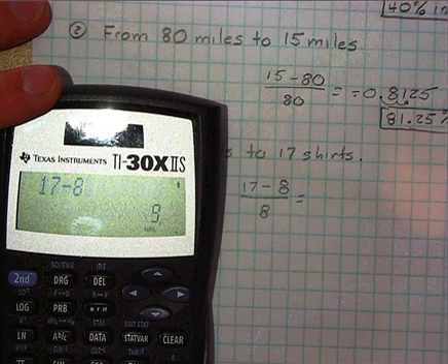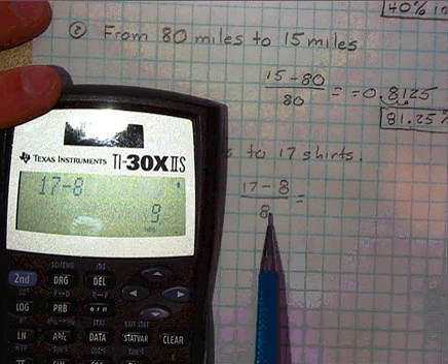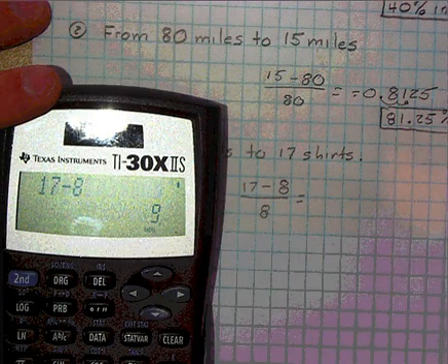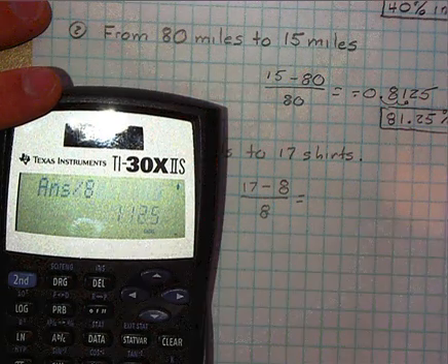We used the same formula, the new minus the old divided by old. So we're going to do 17 minus 8 gives us 9. We divide that by our old amount. So we get the answer